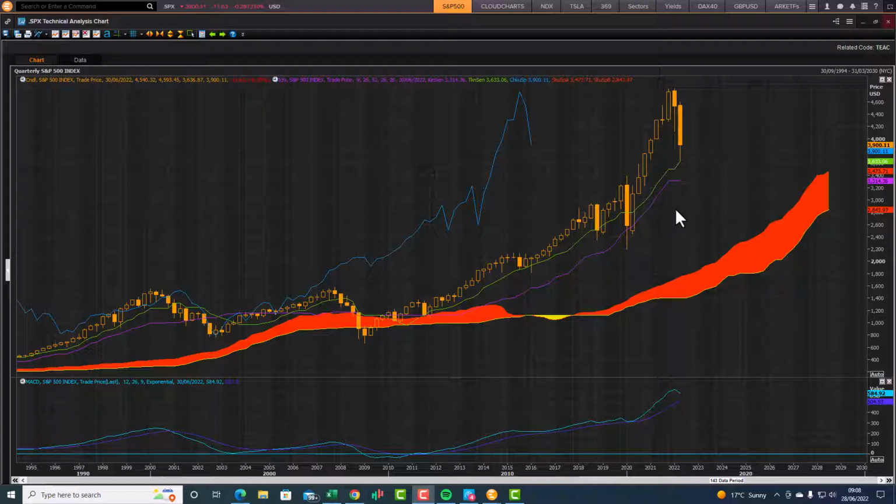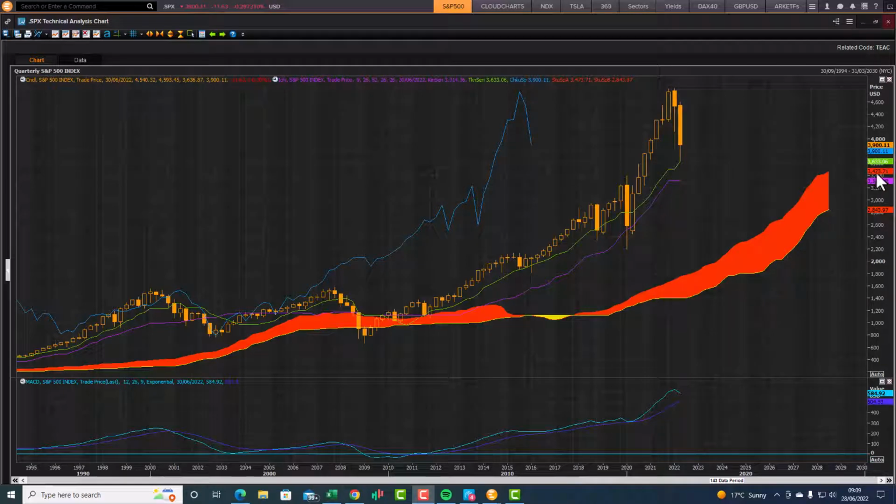We'll start with the quarterly S&P 500 cloud. You can see recently the market did manage to rebound from the turning line of the cloud, that little green line there. A nice little rebound from that zone. This is also very close to the front end cloud chart support zone, the top end of the cloud here